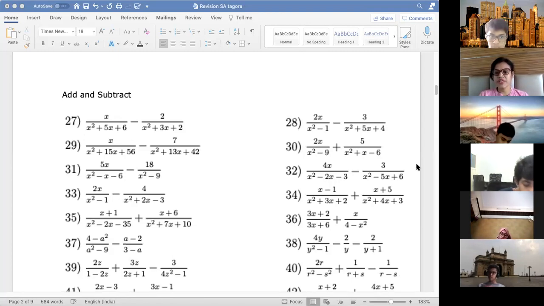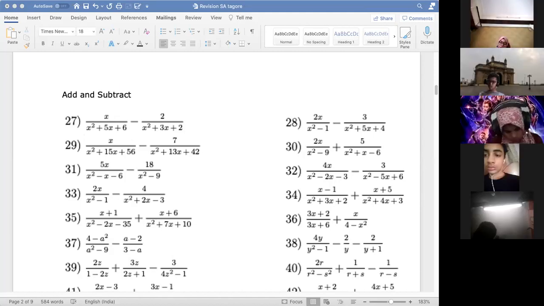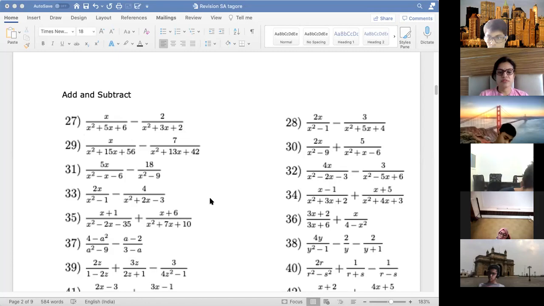Uzair, please switch on your camera. You joined the class late. How will you understand anything? See, maths is based on the concept. So whatever question I give, if your concepts are clear, you will be able to do it. So you have to just revise your concepts on each of the topics. Okay, everyone has written.